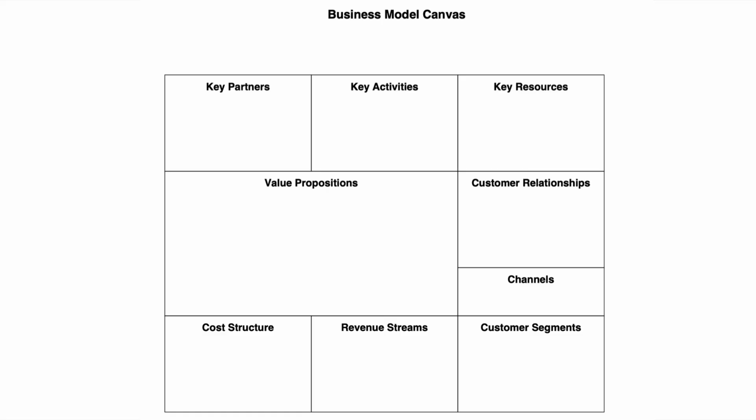Ours will look like this, and you may notice that it's pretty basic with just 9 different fields. So you can create one of your own. Let's say you have more emphasis on key partners and you want more space. Well, obviously you can recreate one on your own. It's very basic and easy. You don't need to have boxes like this. You can do it on a piece of paper. Having it as a PDF like this just makes it easy to print out and fill out on your own. So again, you can find this as a downloadable in the resources of this video.